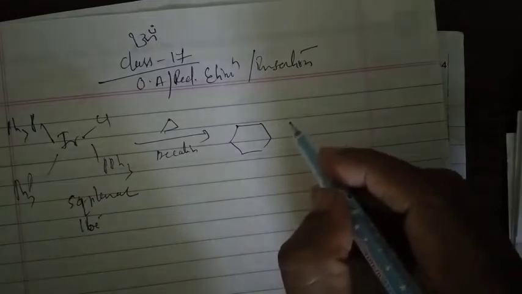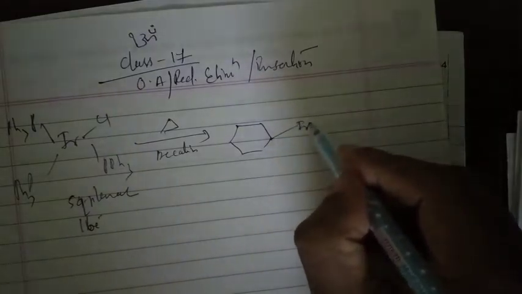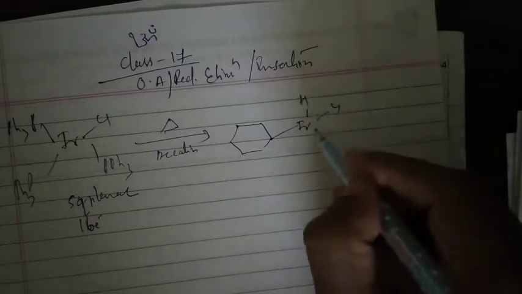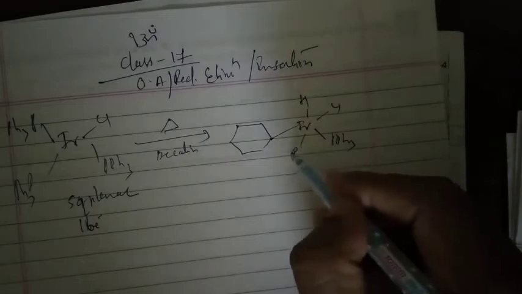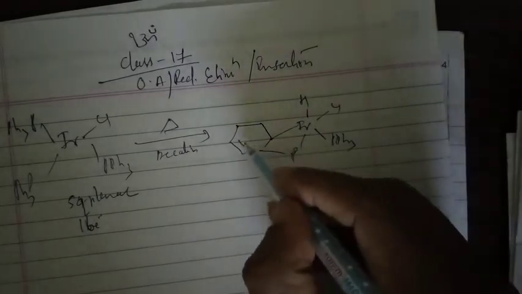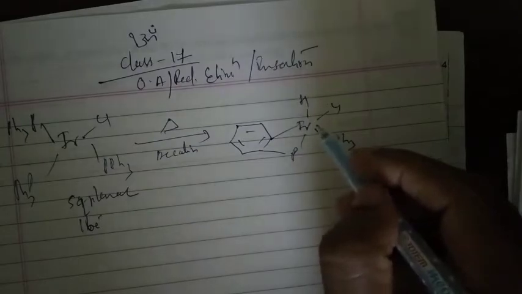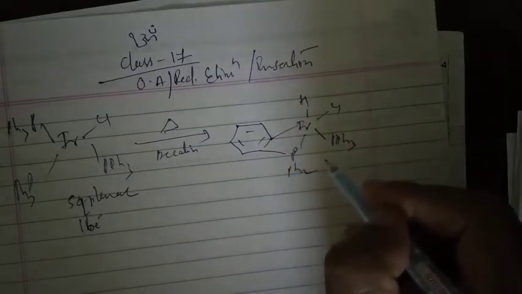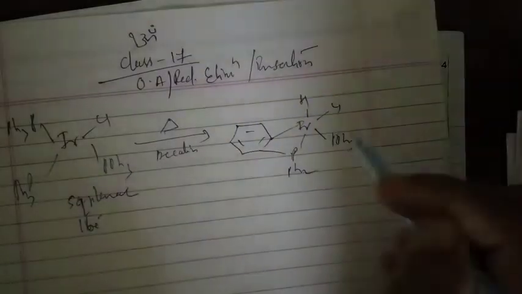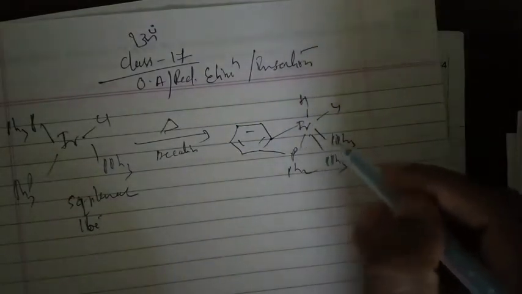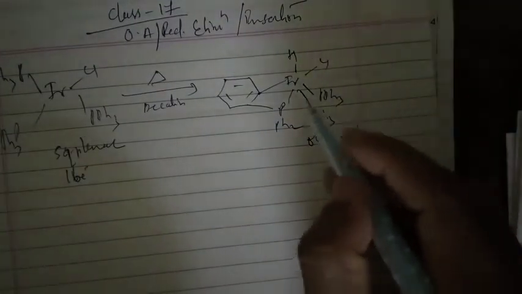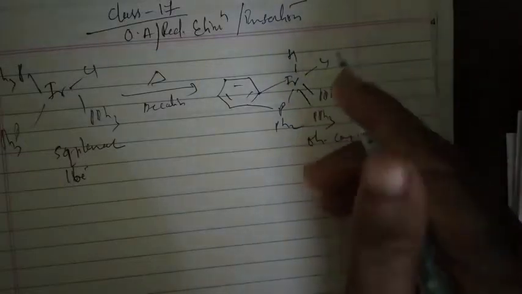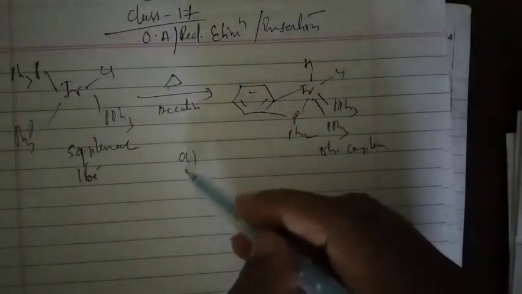So it is going to form like this. Iridium is there, then Cl, H, PPh3, and PPh3, something like that is given, like this, PPh2, then 1, 2, 3, PPh3. So it is an octahedral complex of iridium, and now see, this is what the question is, and he will give you four options: A, B,